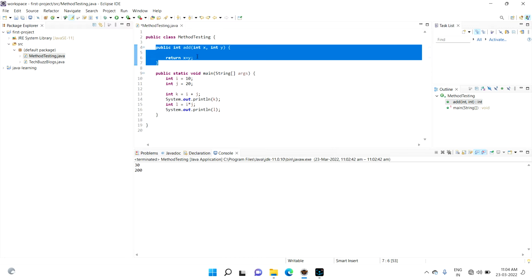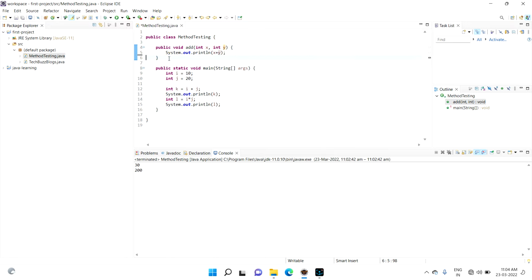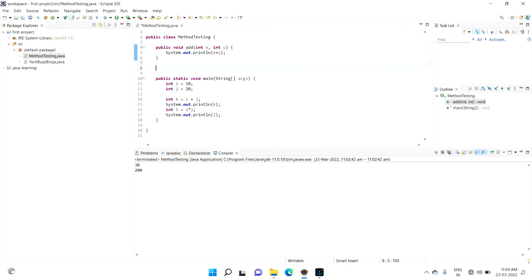Okay, so maybe you can just print it as well. Instead of returning, I can even print that actually. I don't want to return that, I just want to print. I can add and print x plus y, that is what it will be, very easy, right? So the same way when I try to do the multiplication,